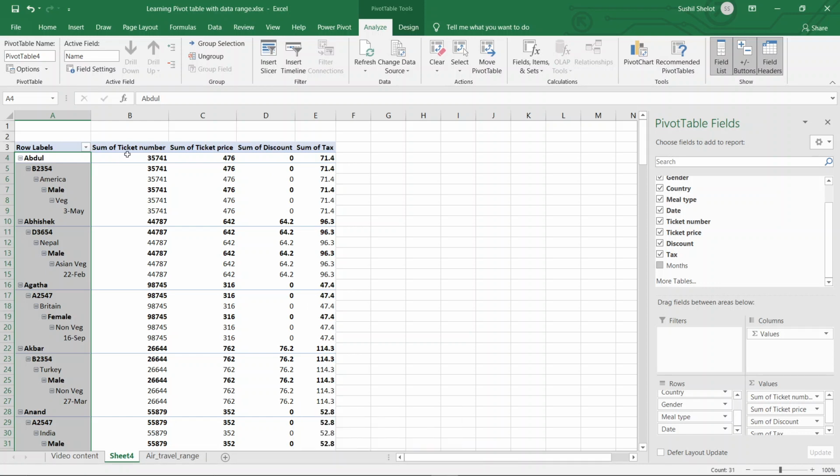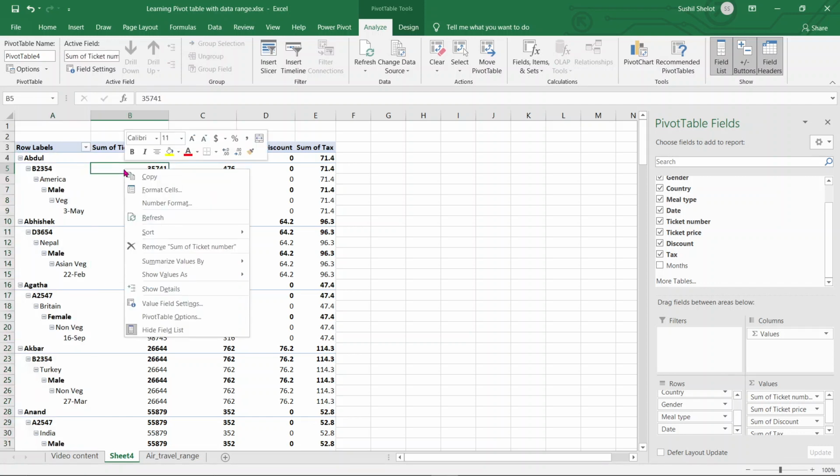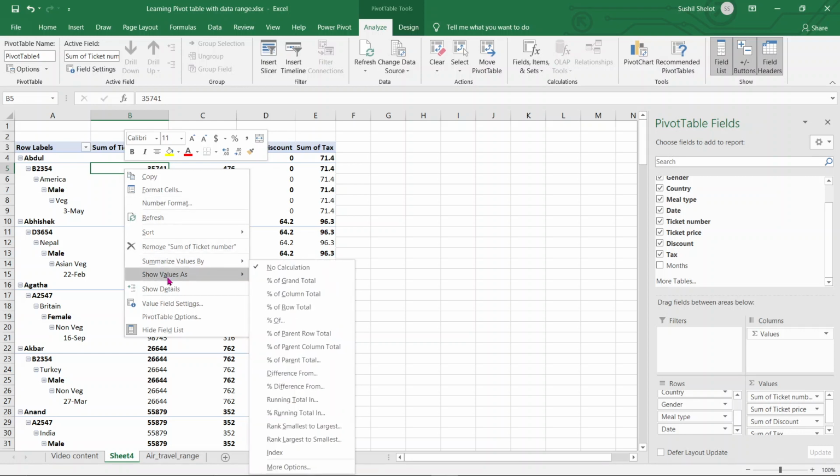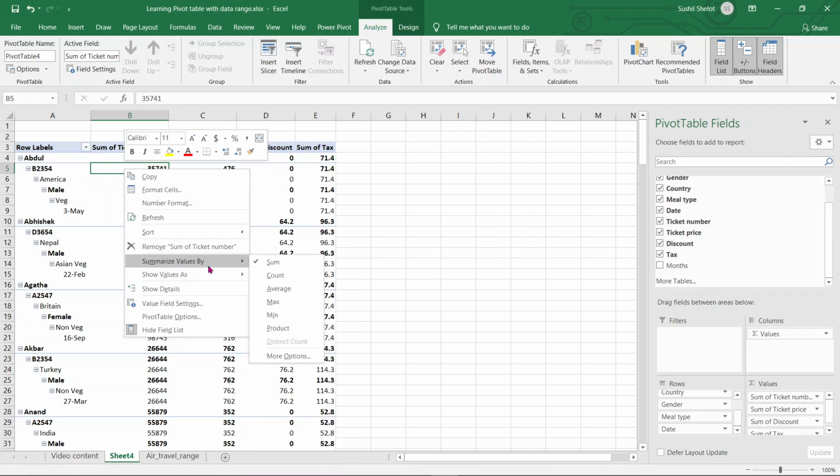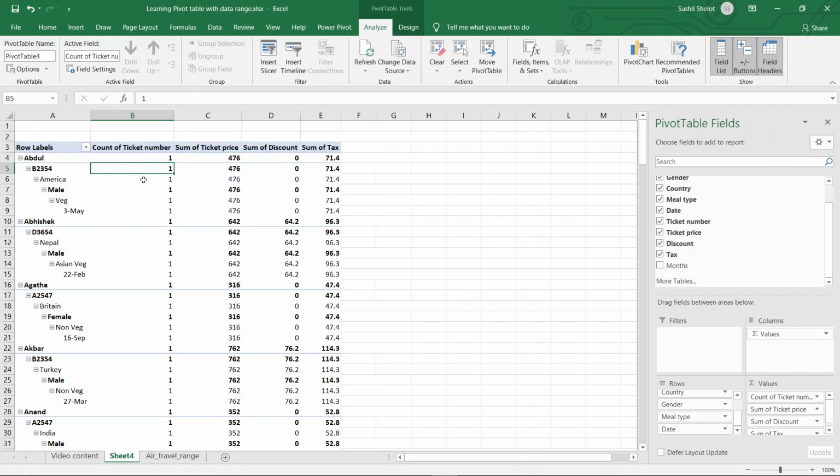Now one can see the ticket number is appearing as the addition of the ticket numbers. By default, one does not require it to be a sum, and it can be changed into another choice of representation. Here, by right clicking onto the cell, one can choose the values by sum, count, average, and other possible formulas. So I'm going to choose count here, and as soon as I do that,